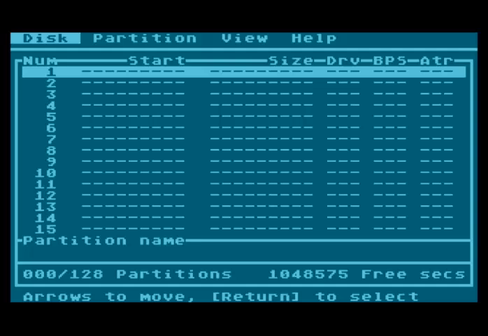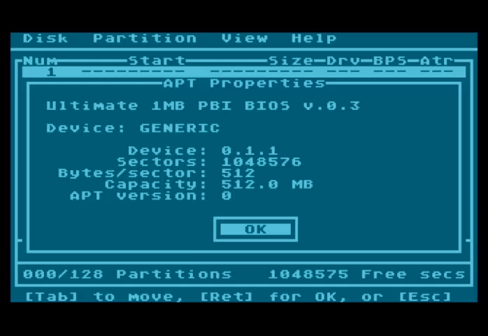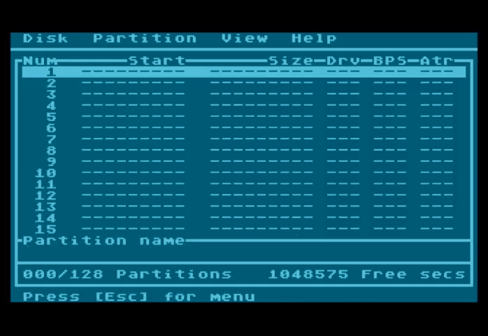So here's the APT editor, which then appears. If we go into disk properties, we'll verify that the size of the APT is 512 megabytes, which is half of the size of the card. The editor, certainly over the past couple of versions, has changed beyond recognition. I think it's a lot simpler now, so really all you need to do to start adding partitions is just